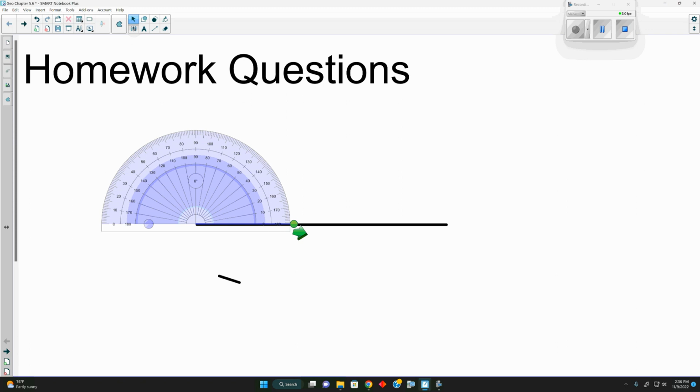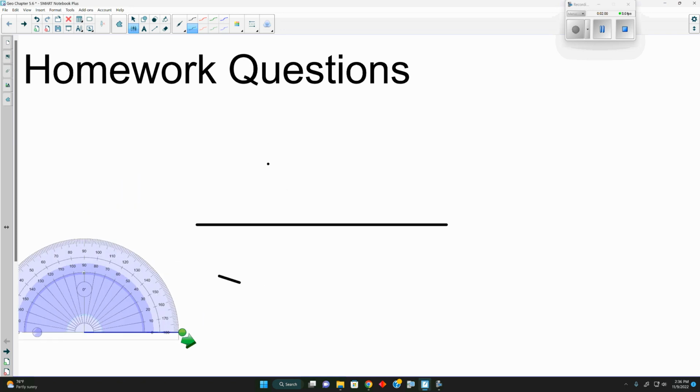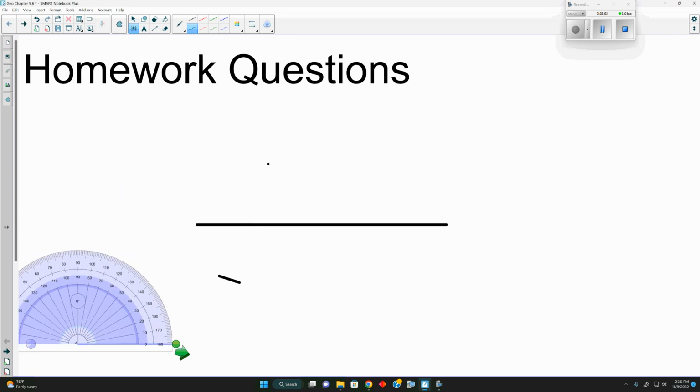So let's say 40 degrees. So that right there is a 40-degree segment. Yes? And we can make a line that goes from here to here. Now, if we made another segment,